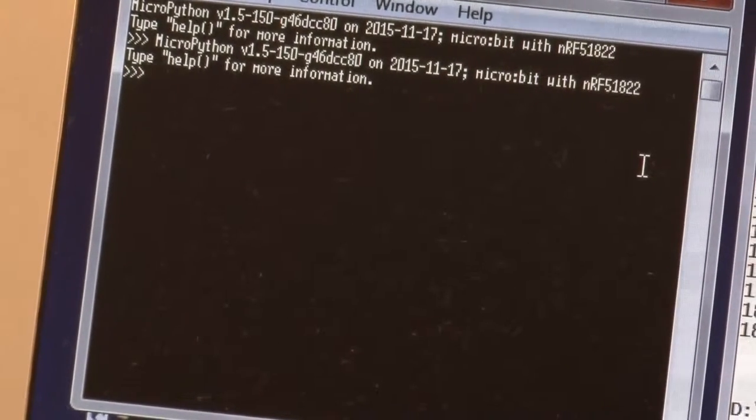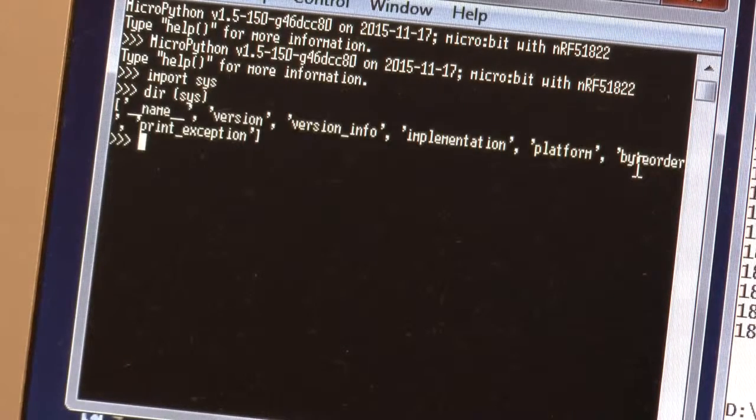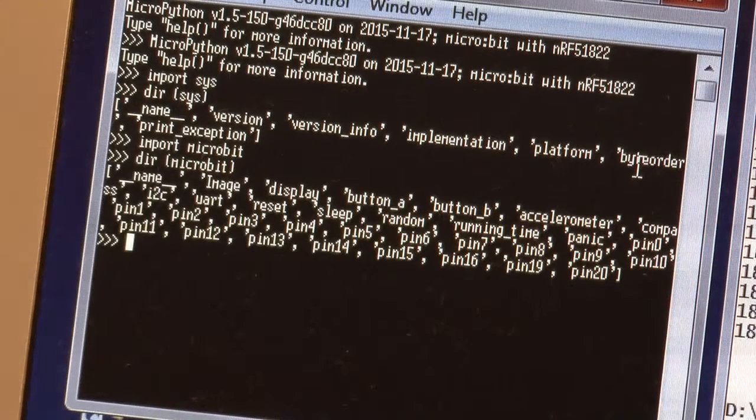And this is a very nice feature that you have with the MicroPython installation. You actually get a prompt where you can type things. So you can do standard Python stuff. It doesn't have all the features that you might expect from Python, but it has enough to actually program the Microbit. And if you want to access the special features that you have on the Microbit, then there is a module called Microbit, obviously,